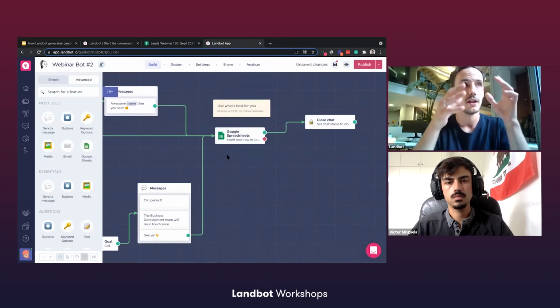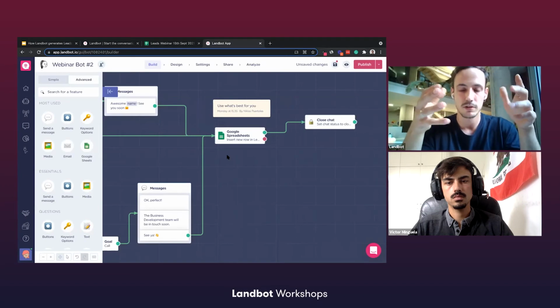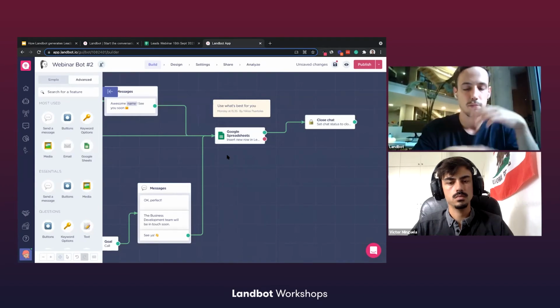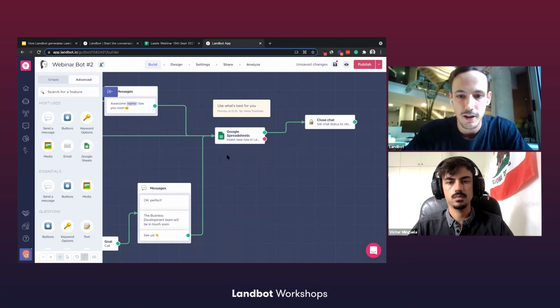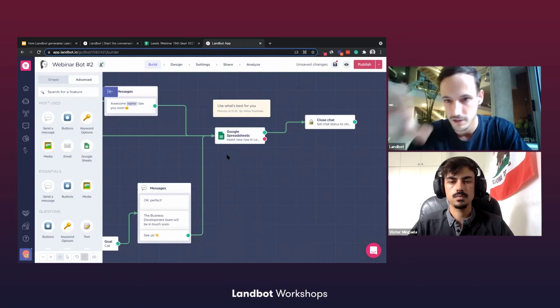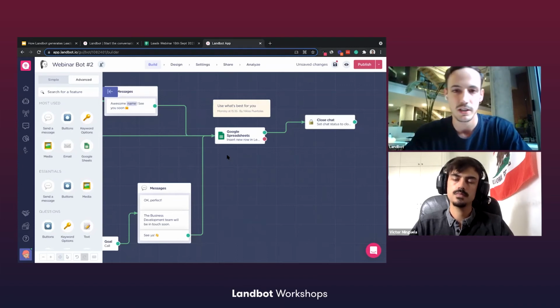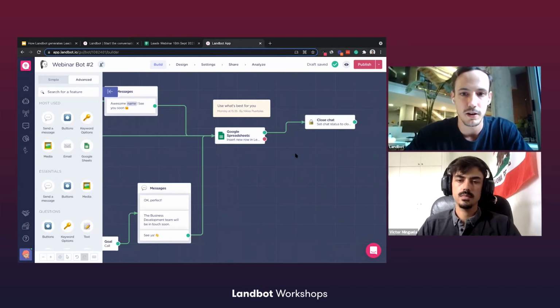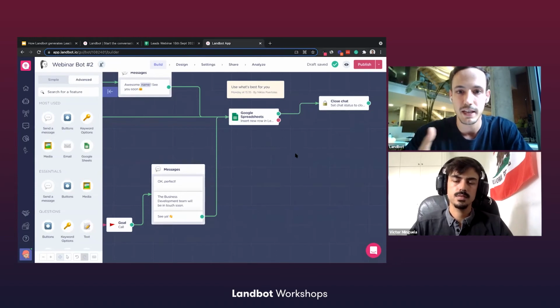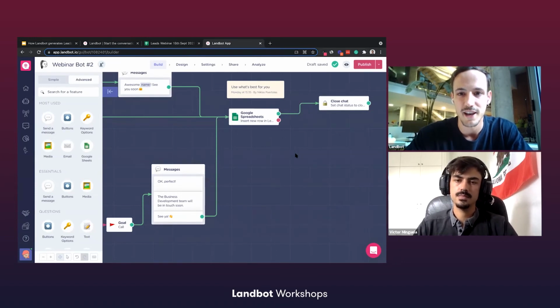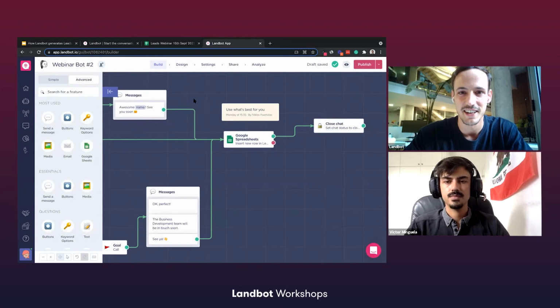Also, when you're handling big flows, like hundreds of blocks with breaks and so on and so forth, it might become a nightmare to understand what everything is. So having notes here and there to explain, all right, this part of the flow is going to qualify, this one is going to generate a minute, this one is going to do this and that. It's going to help you understand the flow, make it big without losing your mind. So yeah, use notes. That's recommended.